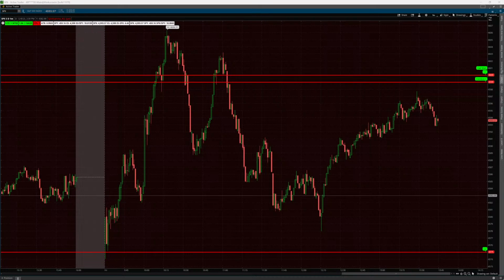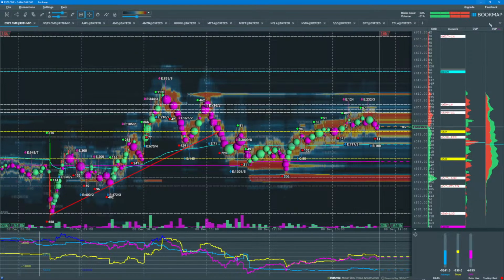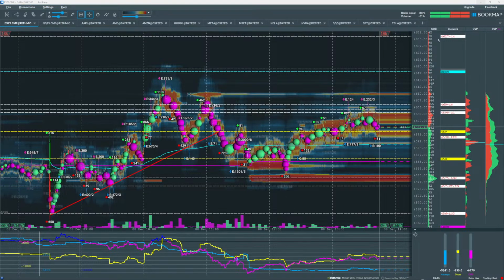All right, let's take a look at Bookmap. Now in Bookmap, I have my own cloud notes, so I can show SPX levels and SPY levels on the same chart. So you can't see it here, but in between the SPY 460 call wall and this combo level, that's the 4600 call wall, SPX 4600. So I'm showing SPX levels on this chart.